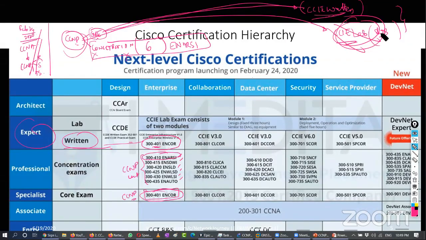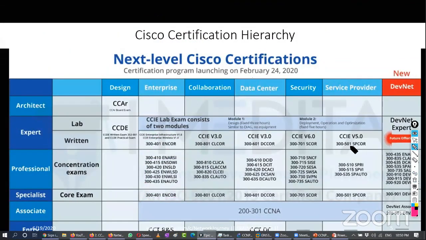Now let's say you don't want to prepare for the CCIE lab, you just want to grab some more technical information, you want a little more technical or industry knowledge, then yes, you can go with one of the concentration papers. This is being the advanced routing and switching. You are CCNP certified, and maybe after 2-3 years of technical experience, you can then attempt the CCIE lab. So that's a good thing about how CCNP and CCIE are integrated.